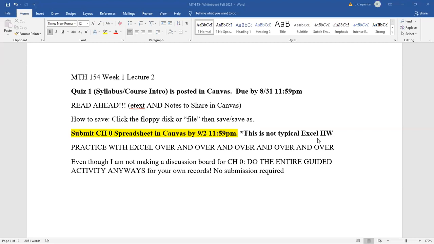But again, please understand this is not a typical Excel homework. If this was a class where we were meeting in person, we would go to a computer lab today and next class, and we would all do these in a room so I could look and see, and I know that everybody's participating. I know that everybody's completed this, and I wouldn't even necessarily have you turn it into me, but that would count as one of your participation grades, which we said is 10% of this course, which is